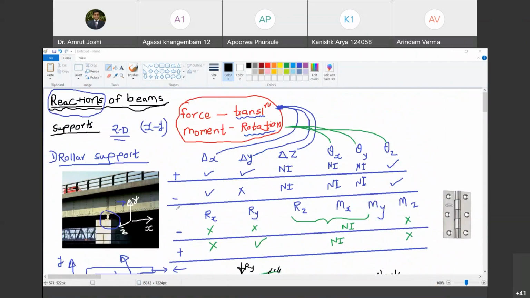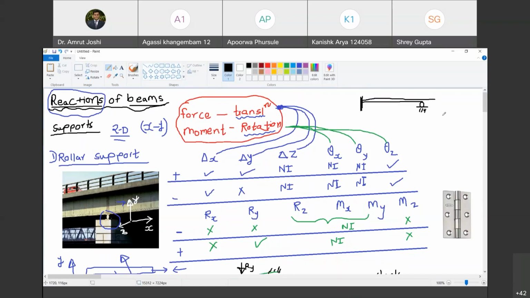The answer to that question is very simple, because I have shown one of the supports of the bridge. The other support may be fixed or hinged. If you do not provide this roller support, you can imagine in case of thermal stresses, as the temperature goes up by 40 degrees Celsius, the bridge length will try to expand. You can imagine a bridge with one side fixed and another side roller. Are you with me? When the temperature rises, this member length is going to increase. So you must have a provision to accommodate that increase in the member length. Do you agree with me?